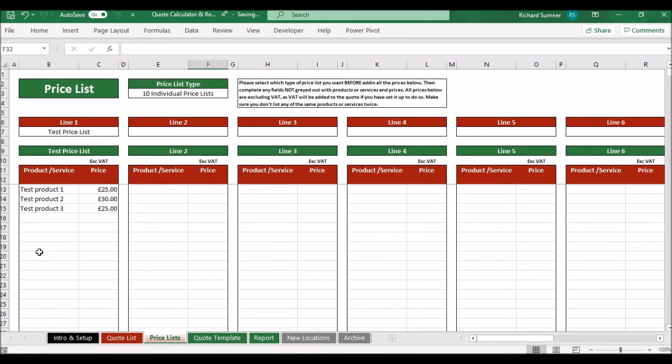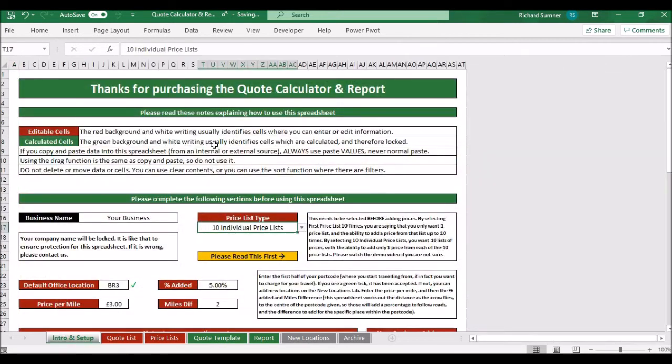Because some people might have a package type here and a different package type there, and different things that they're selling, and you don't want to be able to select that and that. You want to be able to select one from here, one from there, one from there, and so on. Then select 10 individual price lists. But for now, I've gone with the first price list 10 times, and you can see all